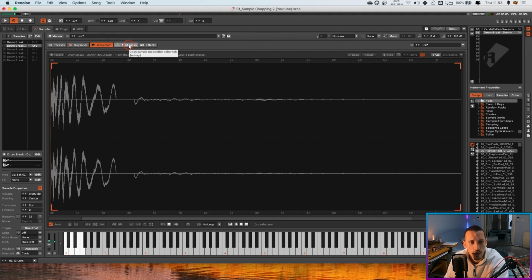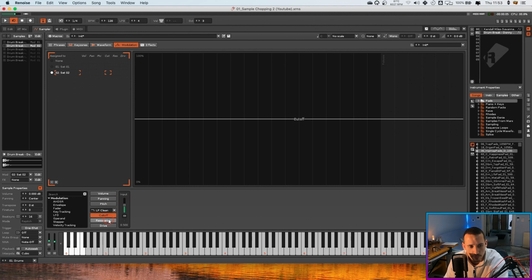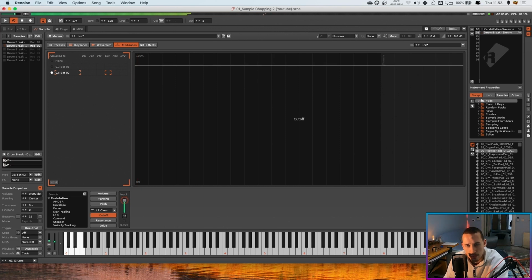So what I can do is come to modulation and create a new modulation lane. You see here, these are all saying mod 1. I'm triggering the kick, and I've now put this onto modulation lane 2, and then I can very simply just select a low pass filter, and go to cutoff. I've got to take the resonance off because I don't want any resonance, and I can pull that hat